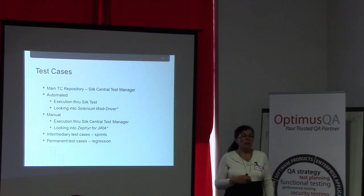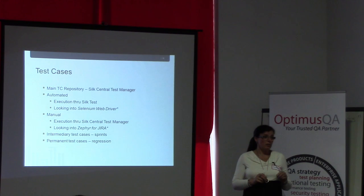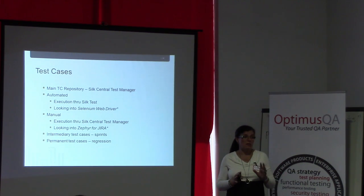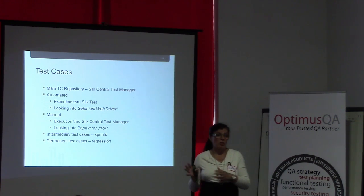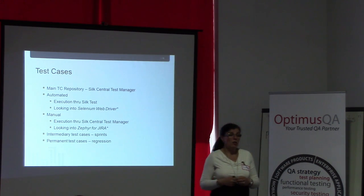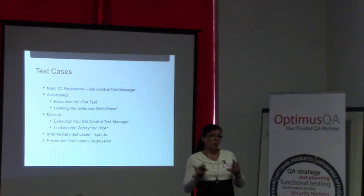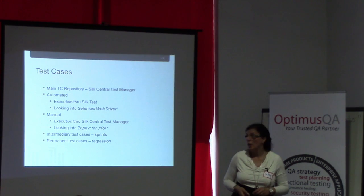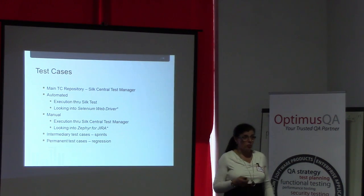So not necessarily every case is like that. At one point you will get to the test cases that will be fully complete and that you could use later on in your regression. So those are the ones that I would consider permanent ones, and those are the ones that I would move to a repository. So it's something that we need to start working on and move forward to, because